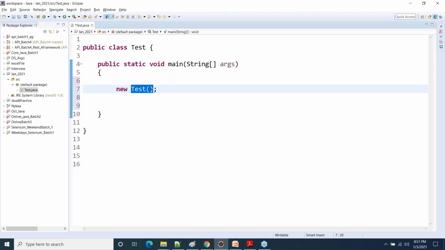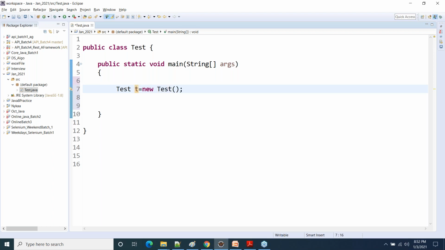Now don't ask about constructor. We will discuss constructor in detail during OOPS concept. In a very good manner, we'll discuss about constructors. But just remember one thing, that whenever you create object for any class, you will have to call the constructor of that class. That is a mandatory thing to do. So always remember that when you want to create object for any class, use new keyword. After that, use the class name and then add the parenthesis. And then on the left hand side, I'm going to store this object in a variable t.